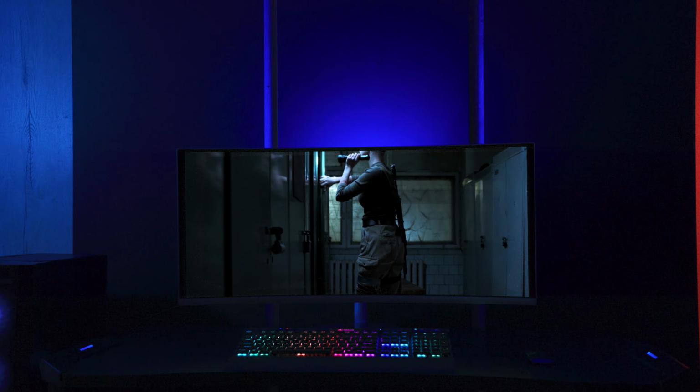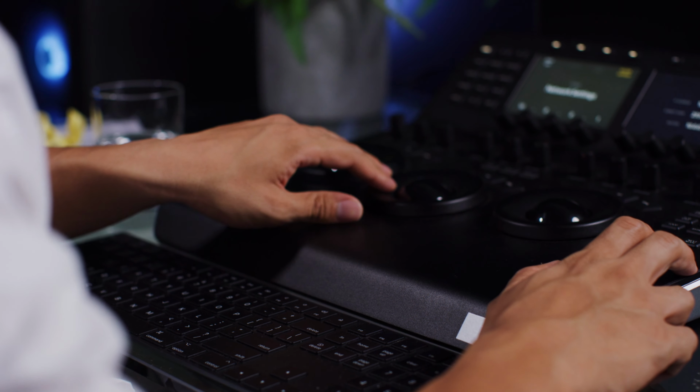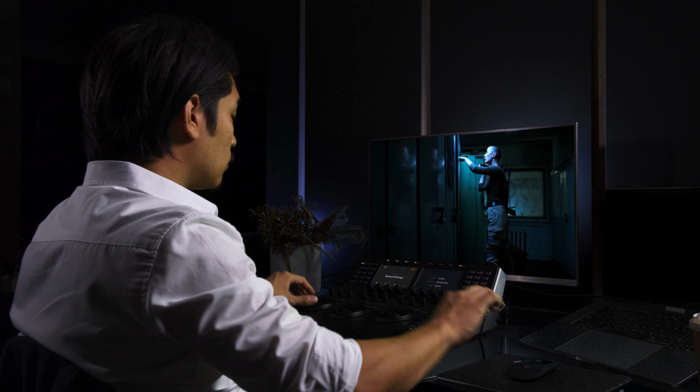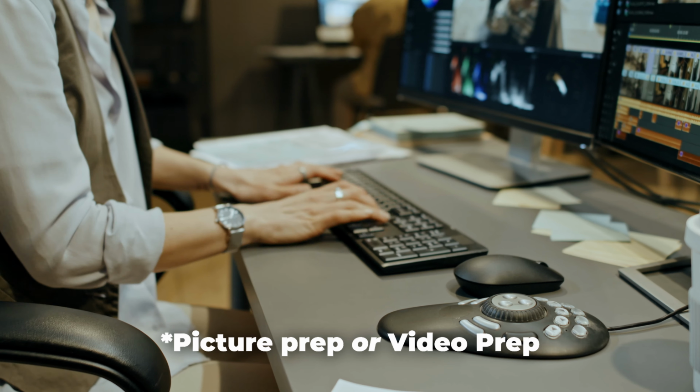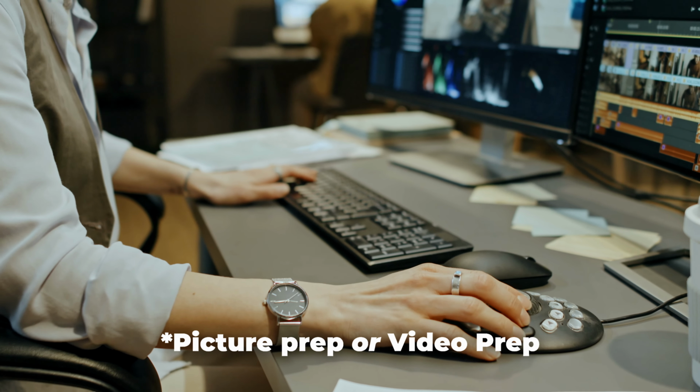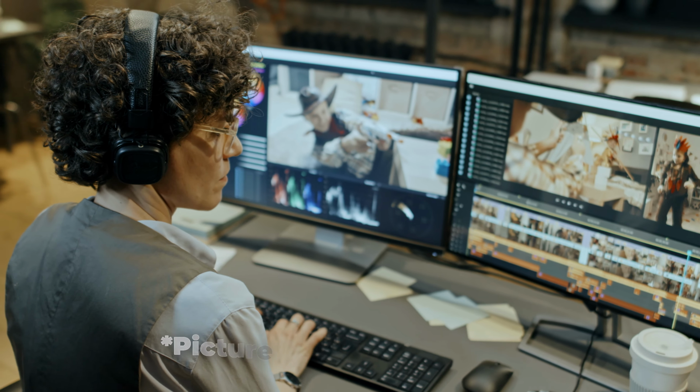I'm Michael Carr. Sometimes you need to send your edit to a post house to add the final color. This is called a picture prep or a video prep. Creating picture preps out of Premiere Pro can be complex, but we're going to simplify the process with RAMX or